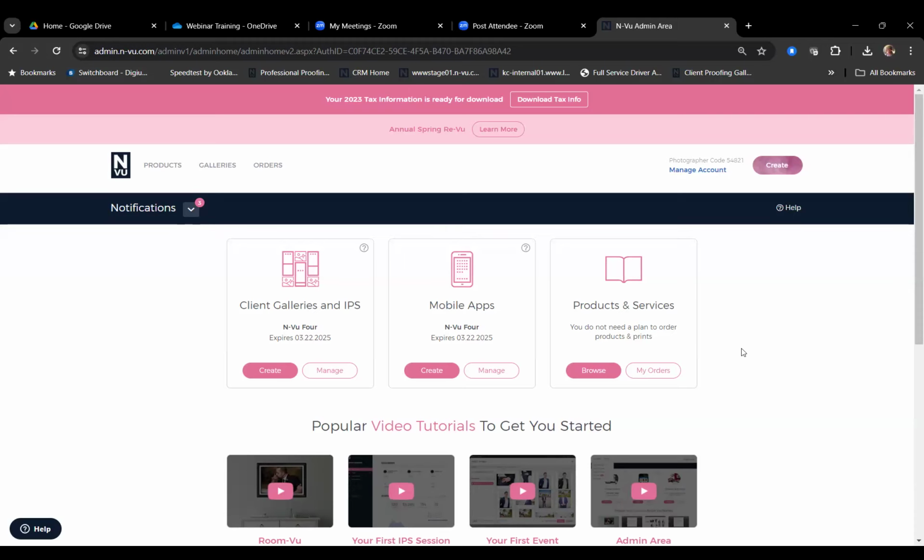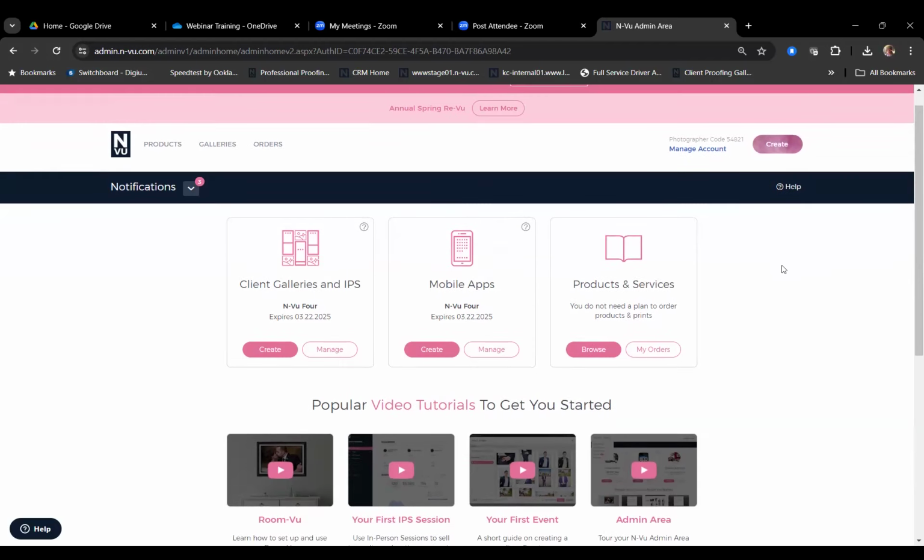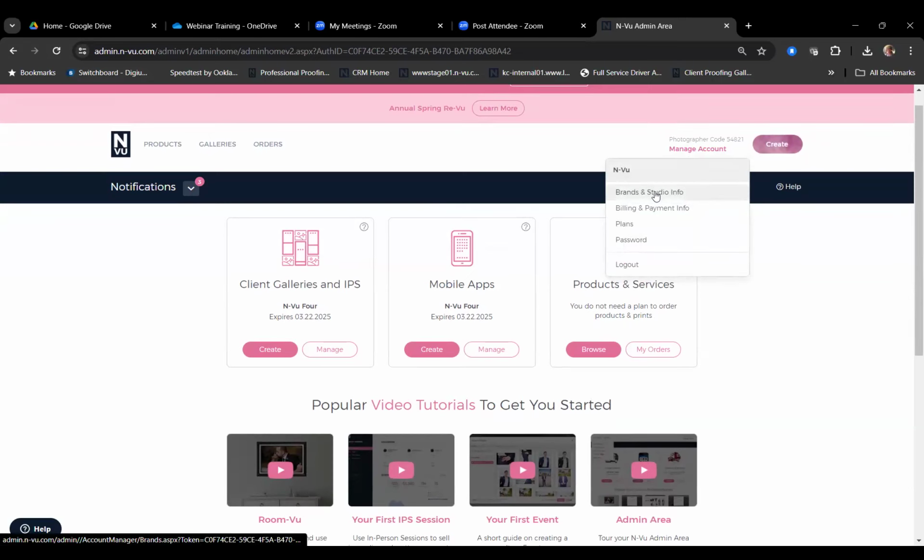This is the InView admin area. And we like to kind of do just a quick overview of where you can locate different functionalities within the InView platform. When you log into InView, you are going to have your manage account right here. So this is just kind of a brief overview of where you would customize your branding and studio information, as well as modify and make